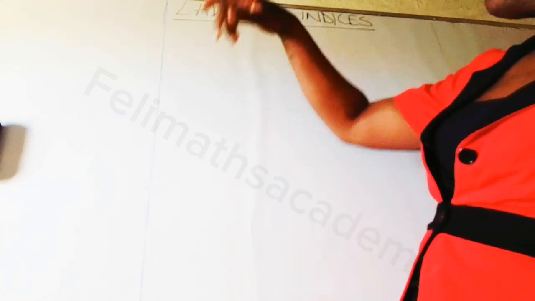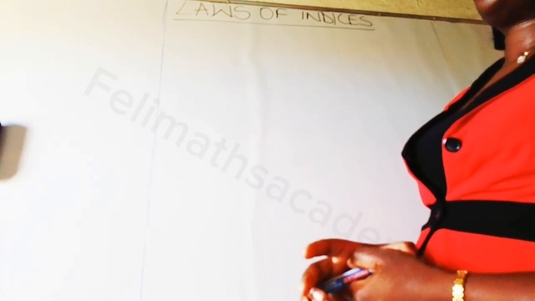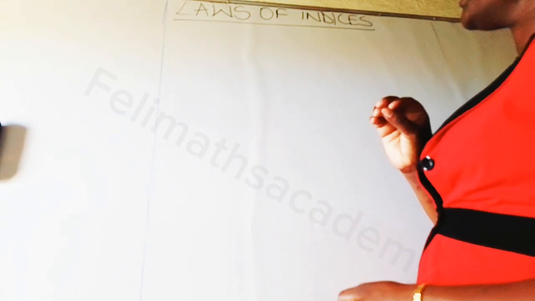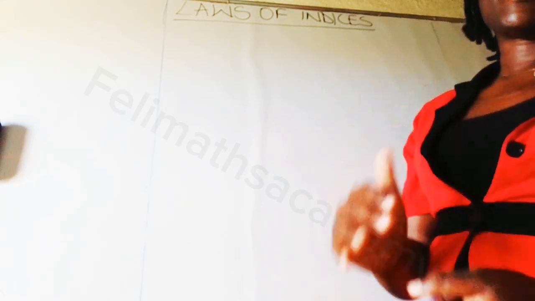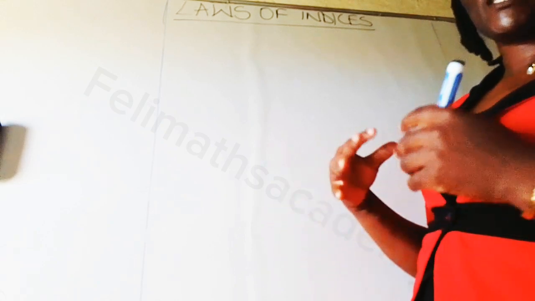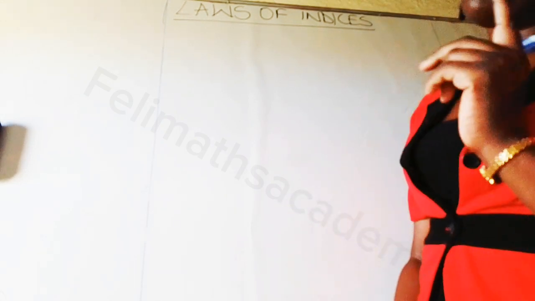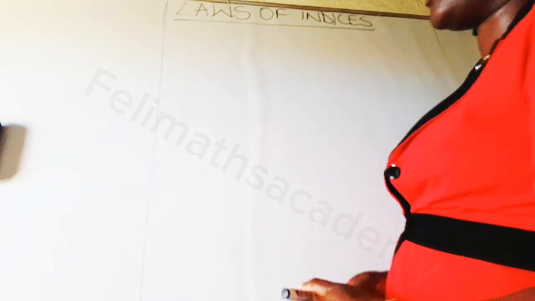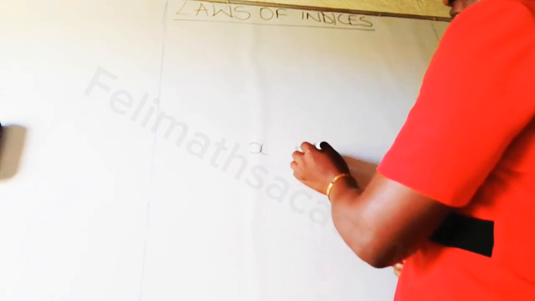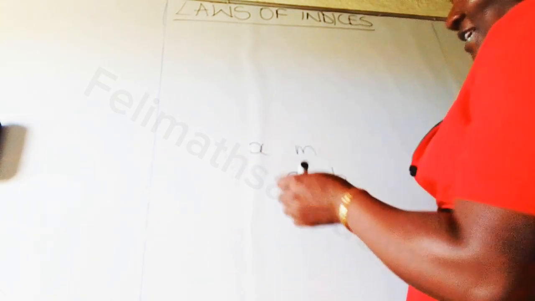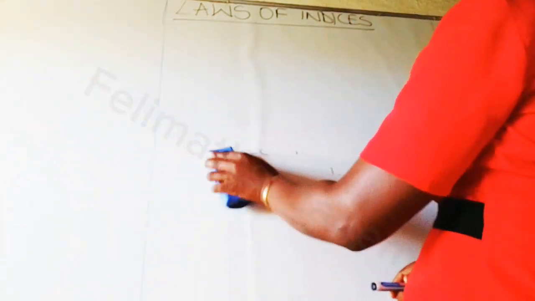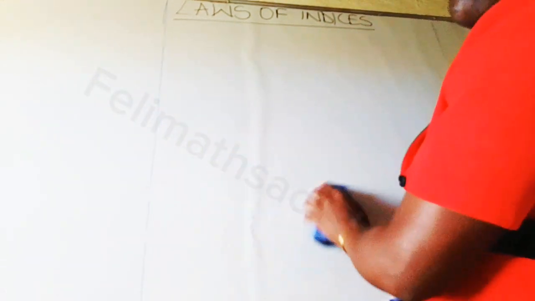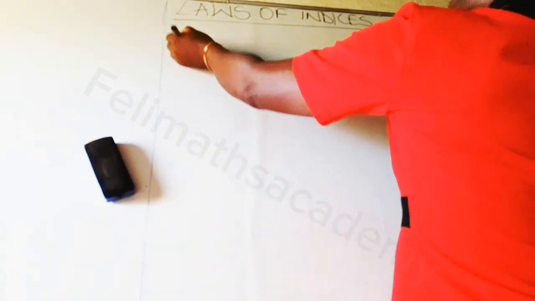So back to our laws of indices. We have, I can say, 6 or 7 laws of indices that we use in everyday mathematics. Don't mind the letters that I'm going to use. I may use X, I may use M, A, or B. Just mind the concept, the law. So the first law, and don't mind the order, is the law